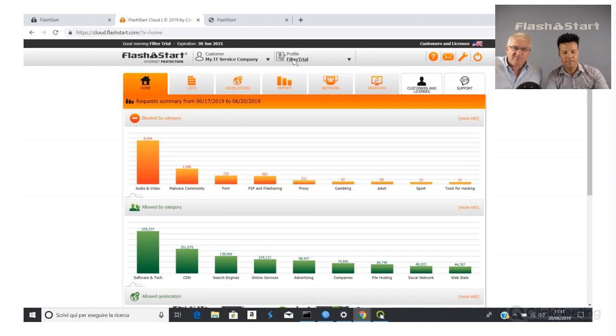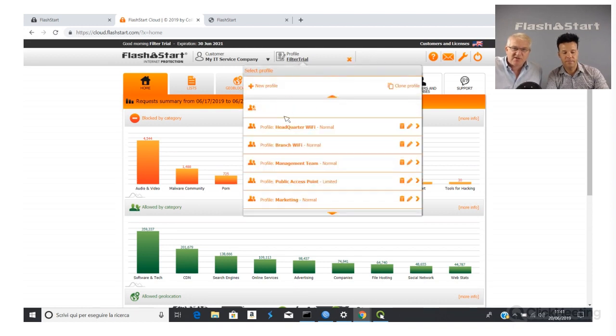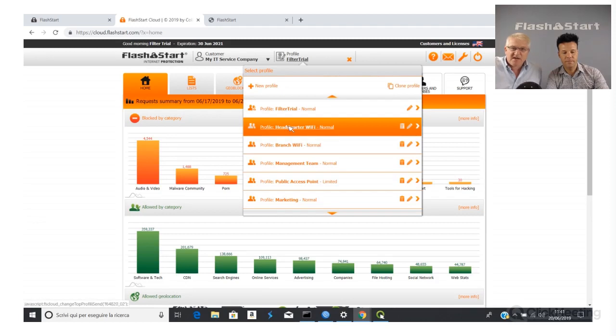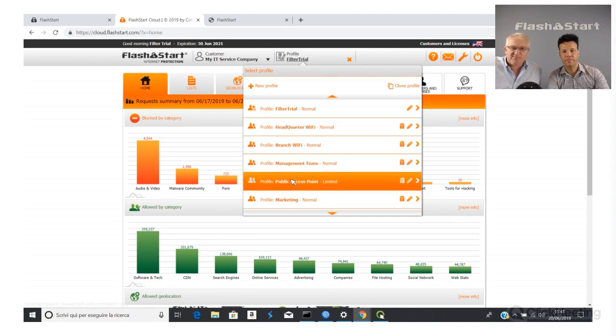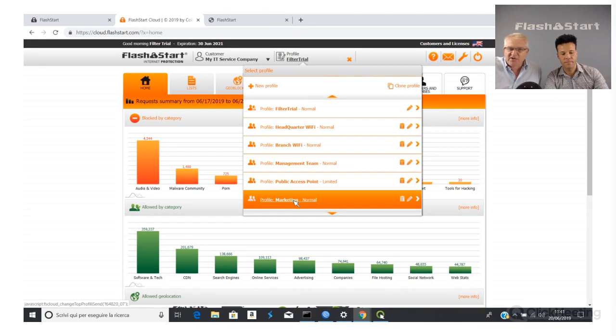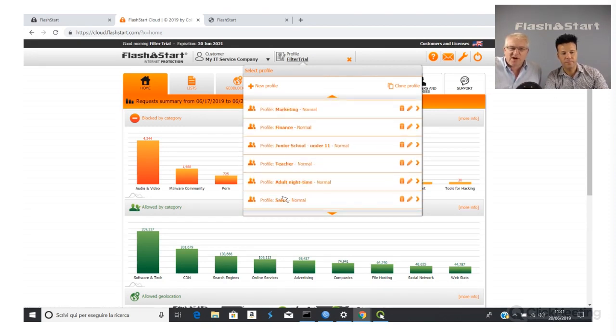So a good place to introduce it would be if I just click up here on the filter trials, and you can see here some predefined profiles for Wi-Fi, headquarters, branches, management teams, public access points, and the marketing group. These kinds of people have different profiles and different requirements, okay?